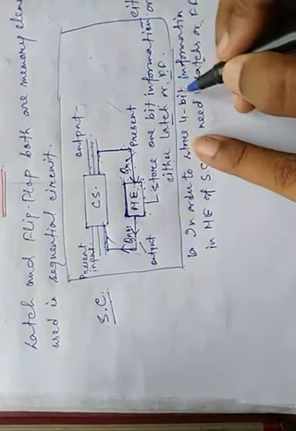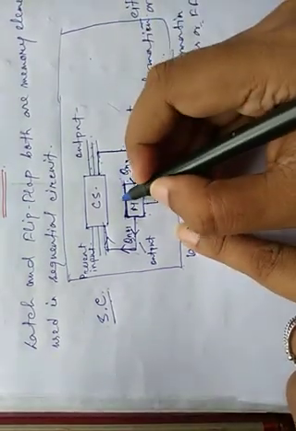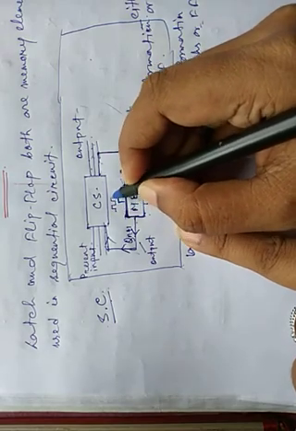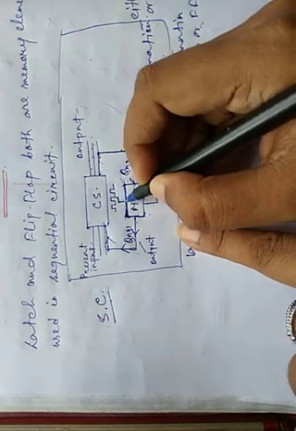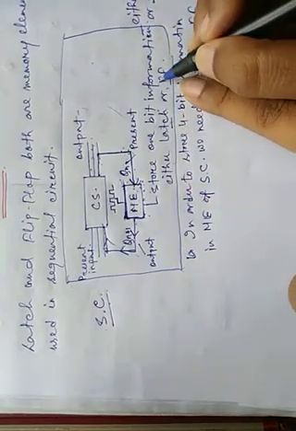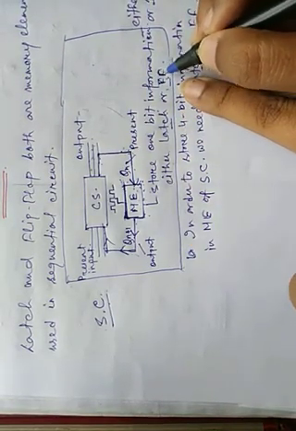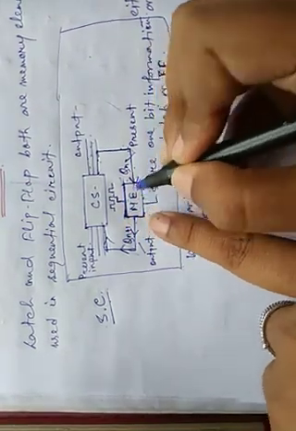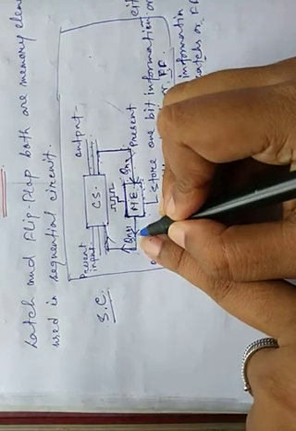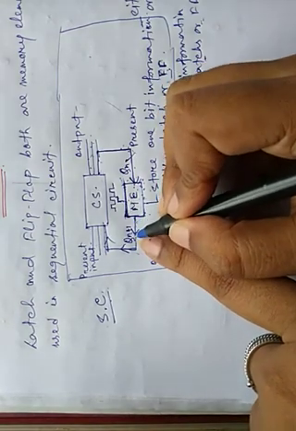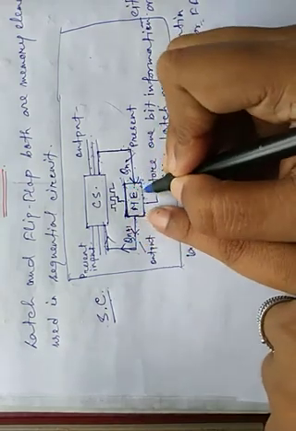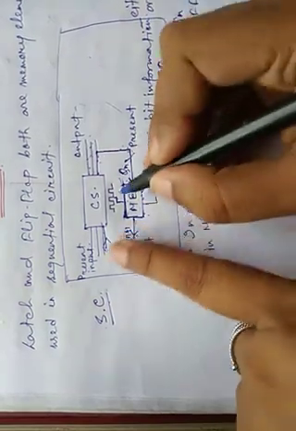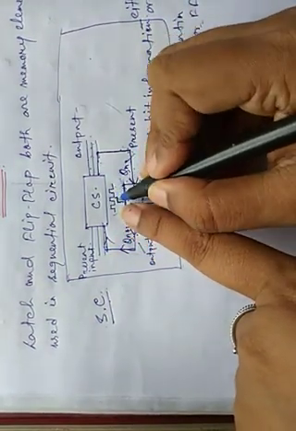For a flip-flop, a clock signal is used in the memory element. Mind it, for a flip-flop one clock signal is used in the memory element, which controls whether we get the output or store the output in the memory element. For a latch, this clock signal is not used.